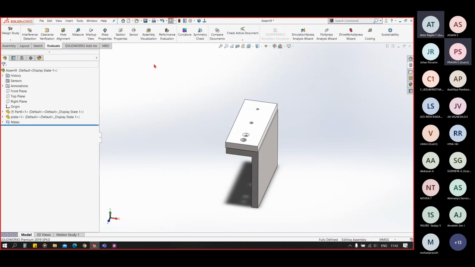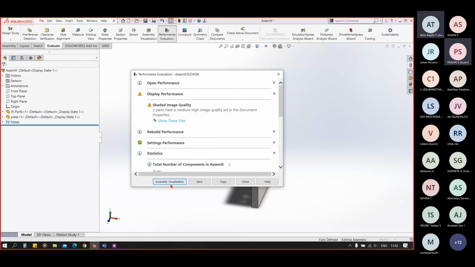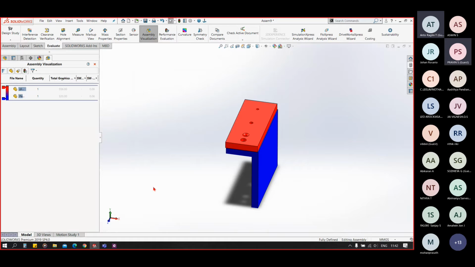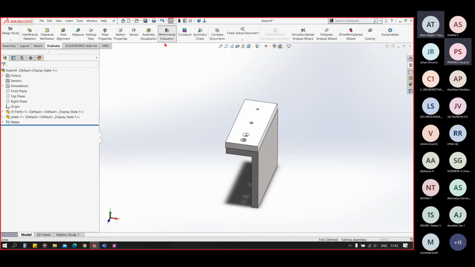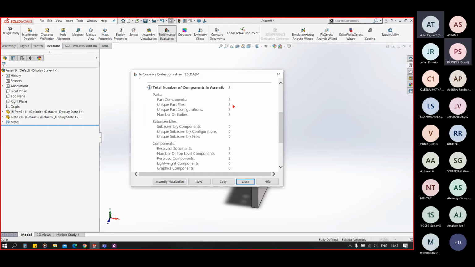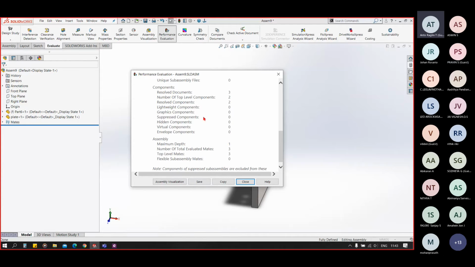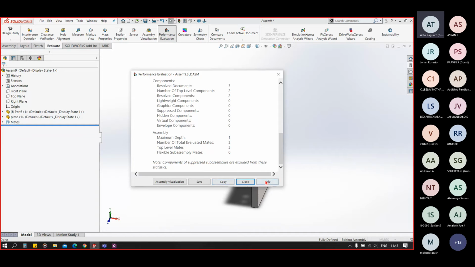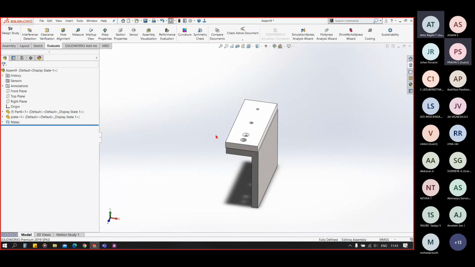Now the performance evaluation. In the performance evaluation, it will show you how many parts you have, how many sub-assemblies you have, how many components, 3 components, number of top level. It is not basically used for designing purposes.